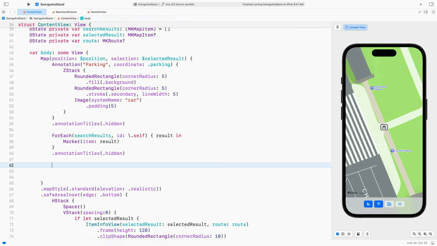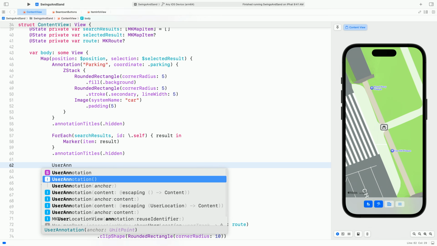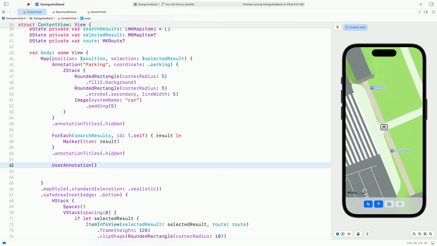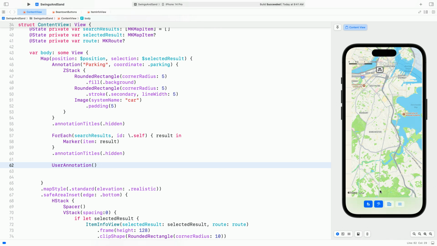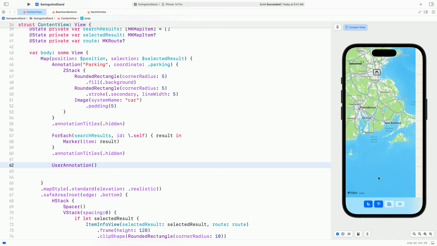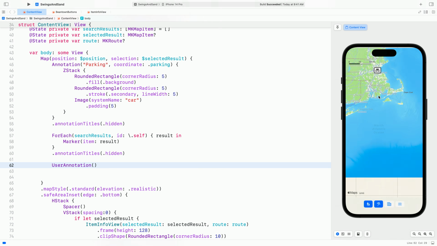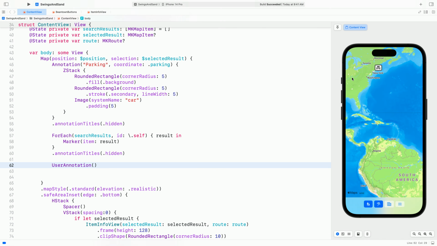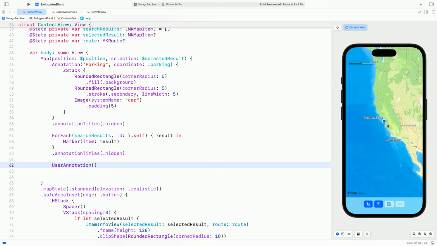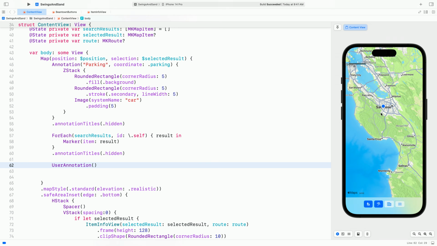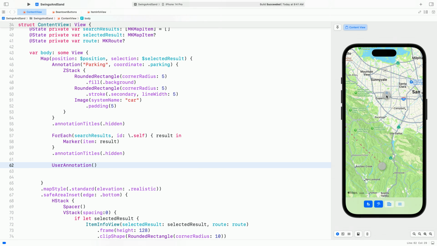So when I'm trying to find myself, I usually start by looking for the little blue dot on the map. I've added user annotation to my map content, so now my location appears on the map. Where am I? There I am. It looks like I'm really quite far away from those playgrounds and beaches we've been checking out.